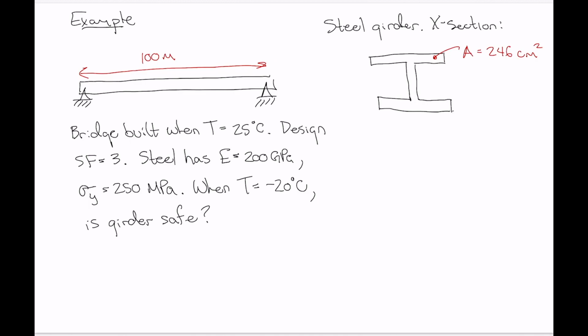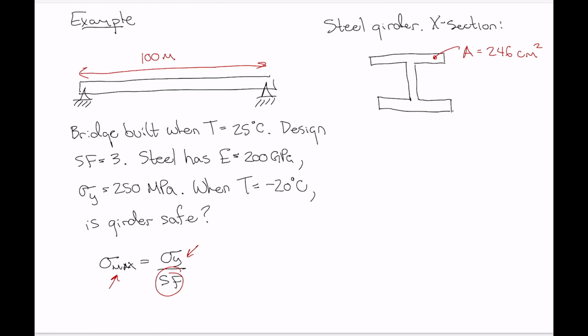So really what we want to do is figure out what the maximum stress in that girder is, and then compare that to the steel's yield strength and divide it by the safety factor. Then we'll figure out what the safety factor is for the situation when the temperature drops to minus 20 degrees Celsius. If it's smaller than 3, then the girder isn't safe, and if it's larger than 3, then all's good,